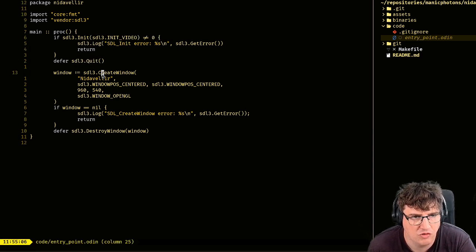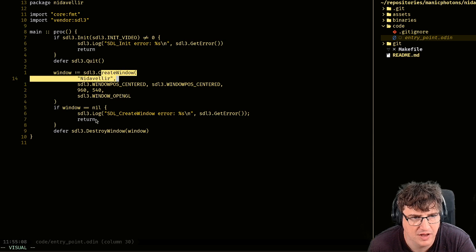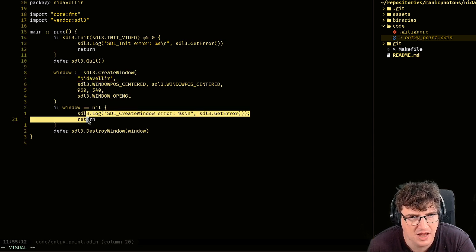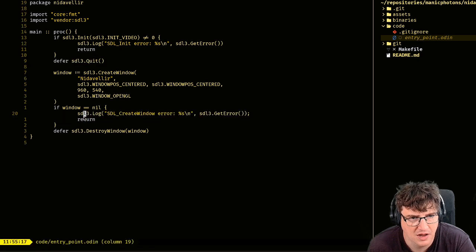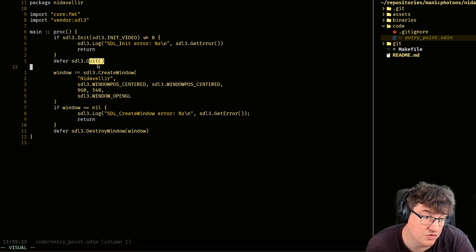Then we are trying to create a window with SDL3. If it fails, then we're going to exit here. And as this exit is after this defer statement, if we get this far, when it returns, this SDL3 quit will be triggered to clean up the initialized memory from SDL3 init.